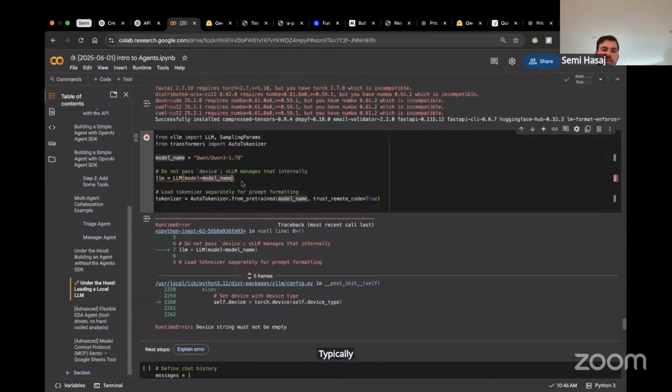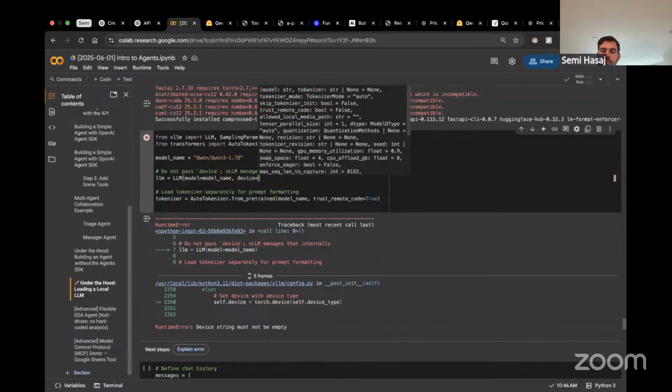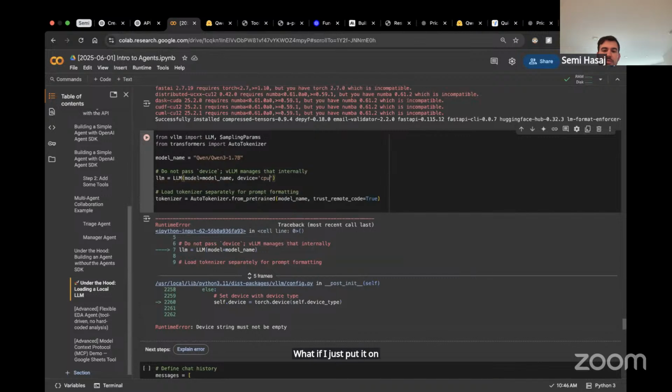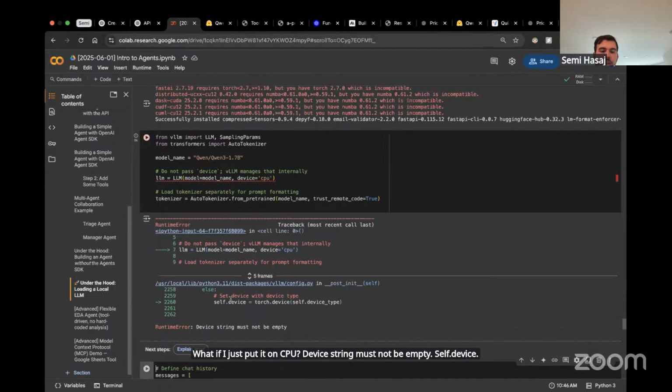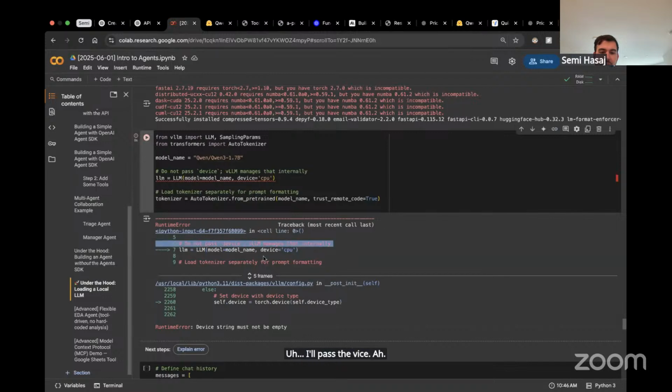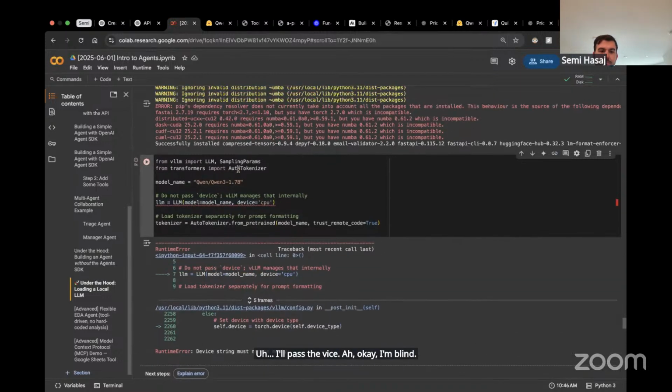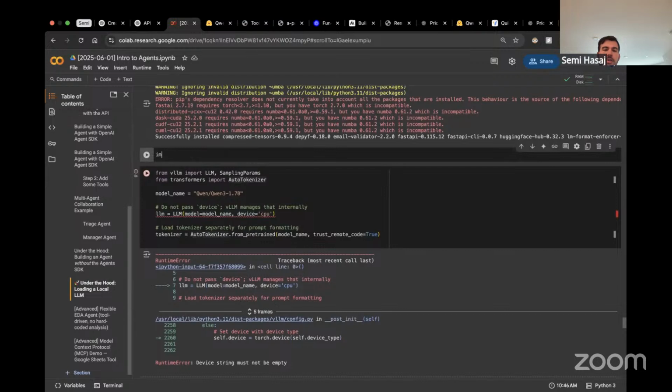Typically, so annoying. What if I just put it on CPU? Device string must not be empty. Self.device. Not pass device. Okay, I'm blind. I don't want to import Torch because God knows what dependency hell I might go into.